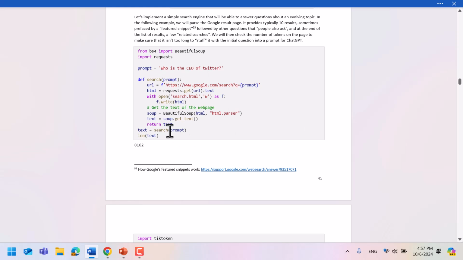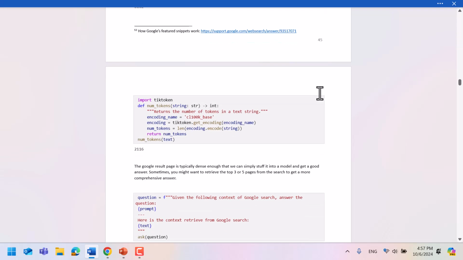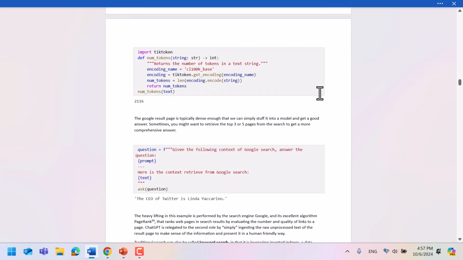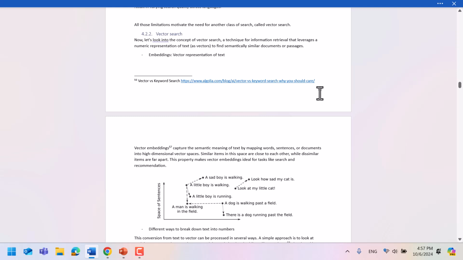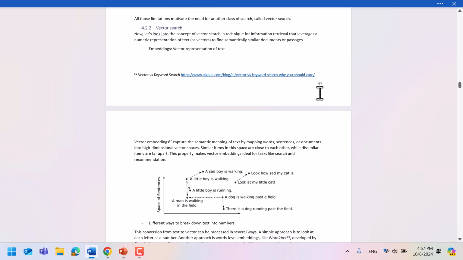This is the simplest way to do that, and that's how I've implemented it, by just simply searching and getting back the response of the first page and maybe just reading the top few articles on the page. So you can do that, making sure that you don't stuff too much content inside of the context window, or you could do what is known as vector search.